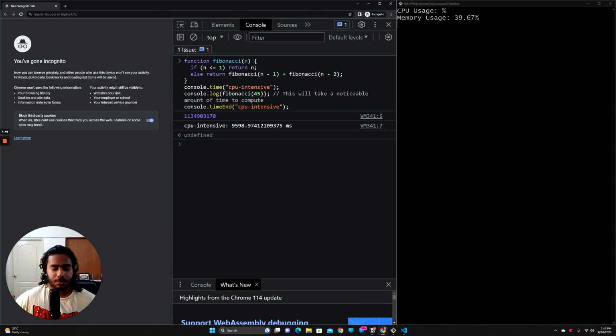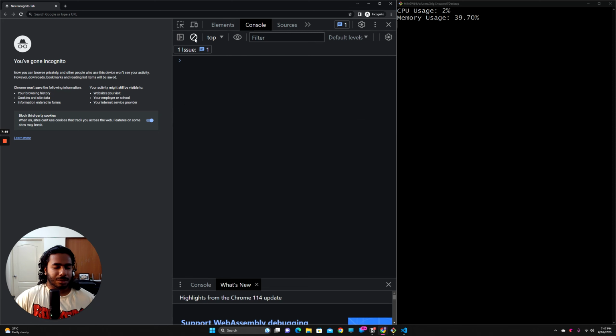Now let's move on to memory intensive operations. So what will be a memory intensive operation? Whenever there is something that takes up a lot of your memory, a lot of your RAM, that will be a memory intensive operation, right? So let's say you have an array,